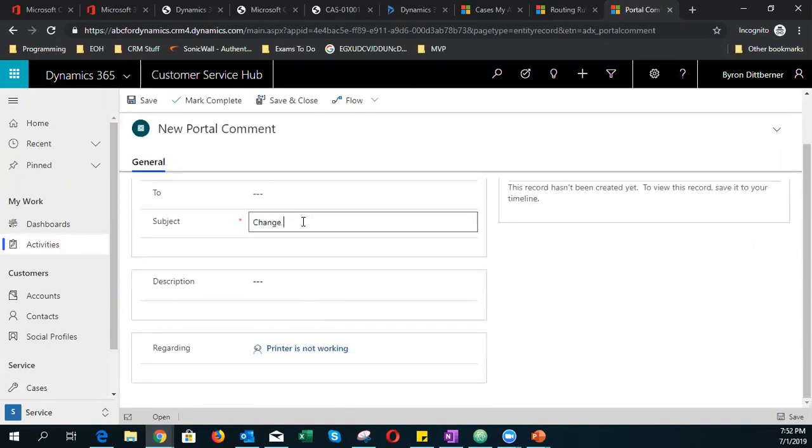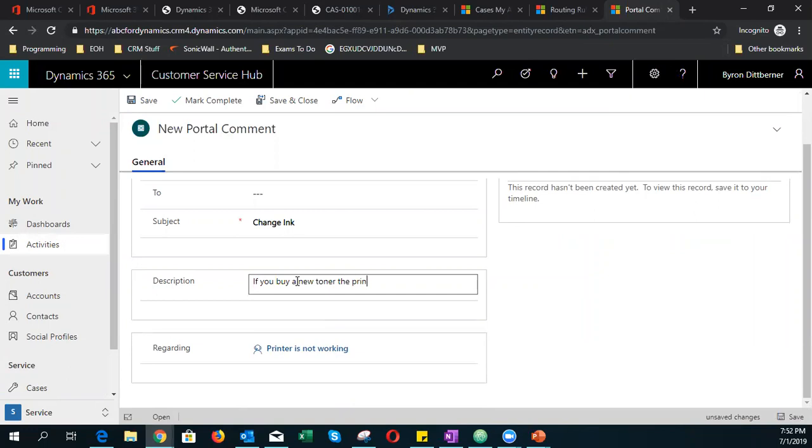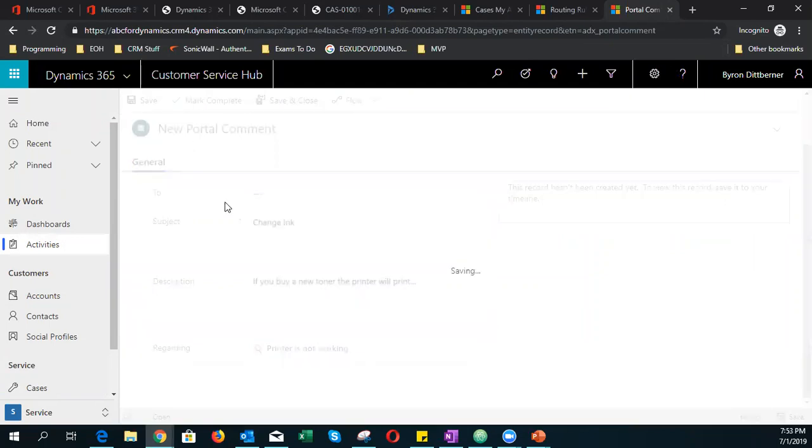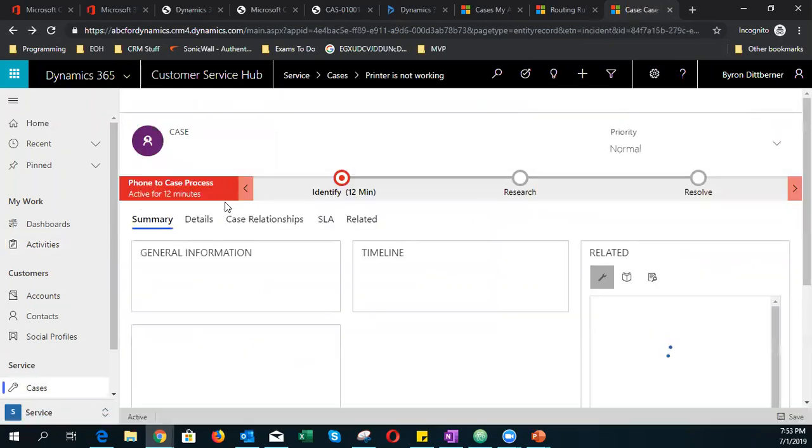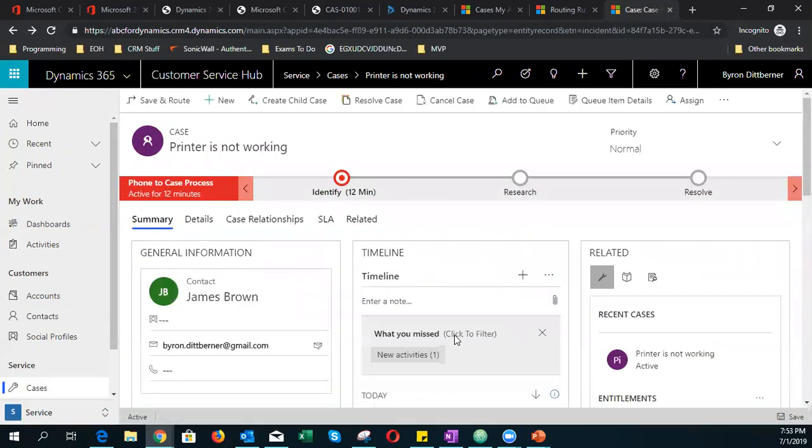Let's say change ink. If you buy a new toner, the printer will print. Okay, right, there we go. Mark complete, and that pushes it straight back to the portal. Okay, and now let's say, for example, I'm satisfied. I want to resolve this case. Go click on resolve,